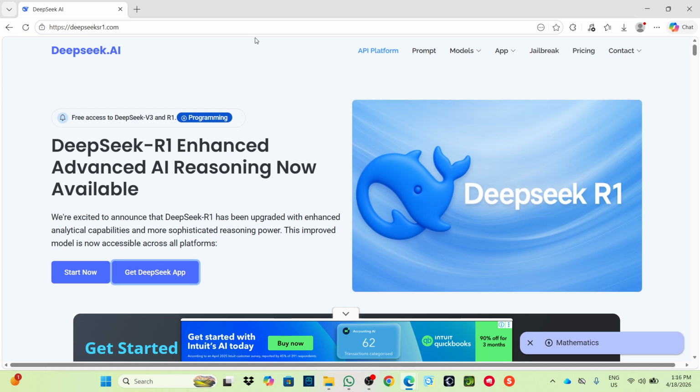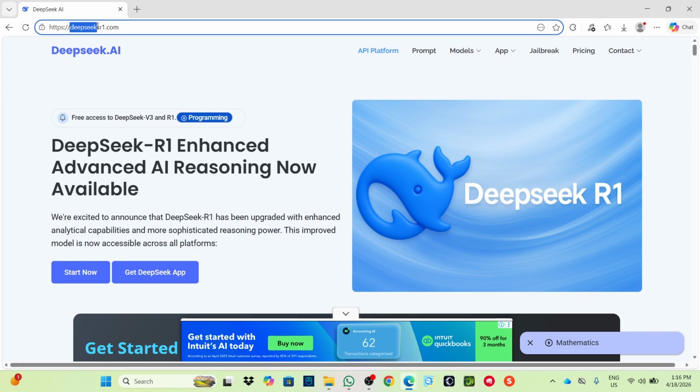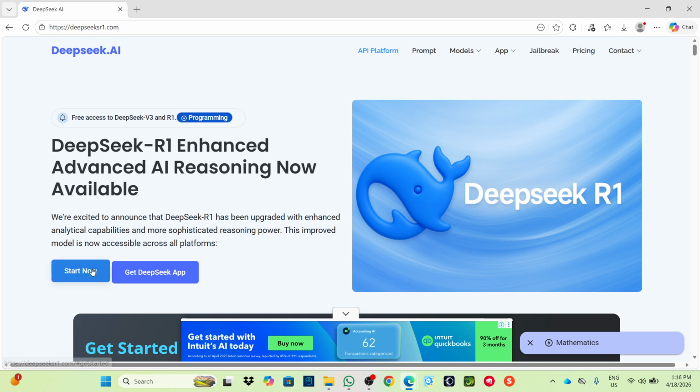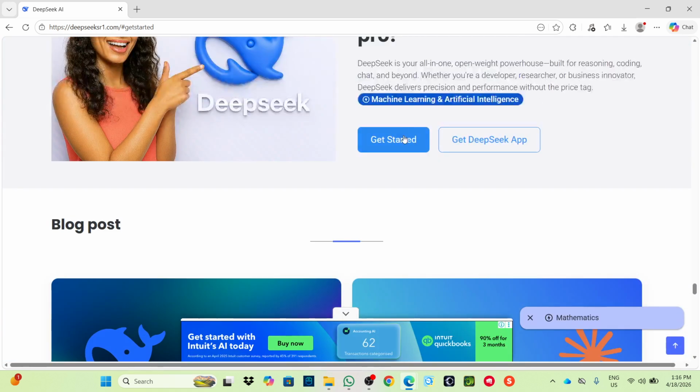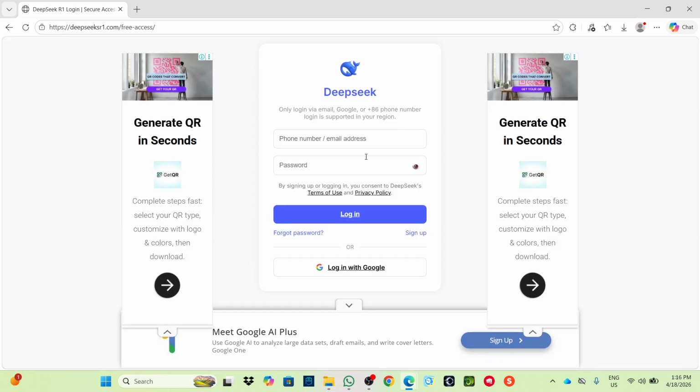First, open your web browser and go to DeepSeekR1.com. From here, this is where you can start your journey in using DeepSeek R1. Now, click on Start Now. After that, go to Get Started, click right here, and then here is where you can log in or create an account. If you already have an account, simply log into that account. Type in a password,